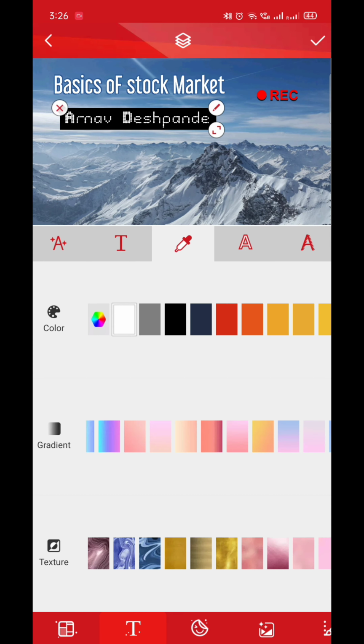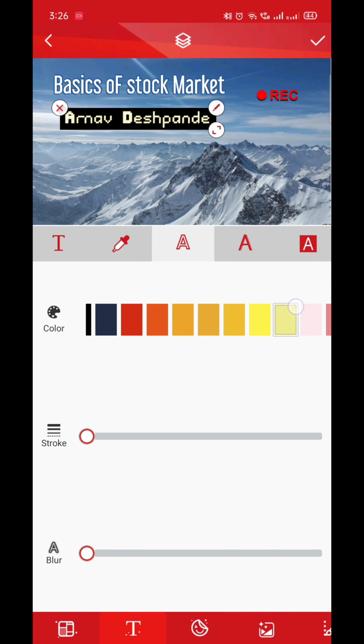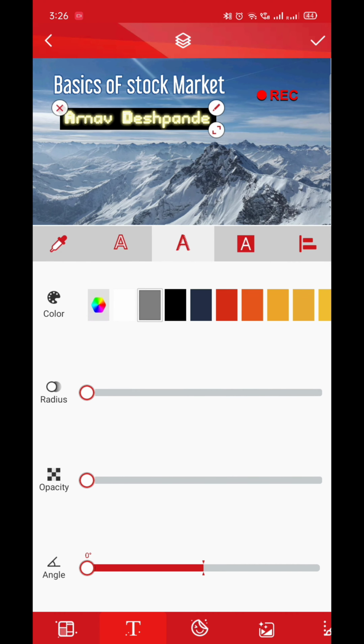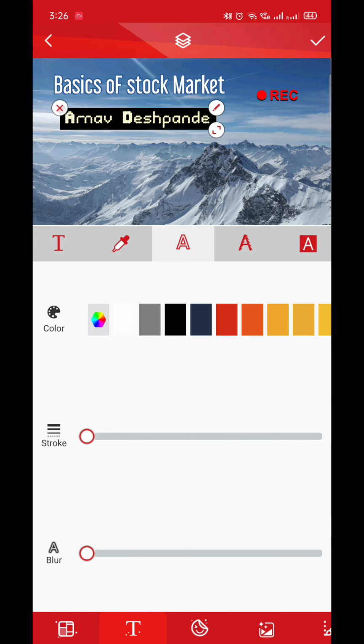So this was the first setting, and even you can adjust the borders of the text by using this one. As you can see here, as I'm selecting different colors, the borders are also changing. So this is cool, I feel. And even you can increase the stroke of the border, that is density of the border, and you can even make it blur or blurrer. And even another option is, I'll make everything of this 0, and I'll let this one be the same as the color of the text used.